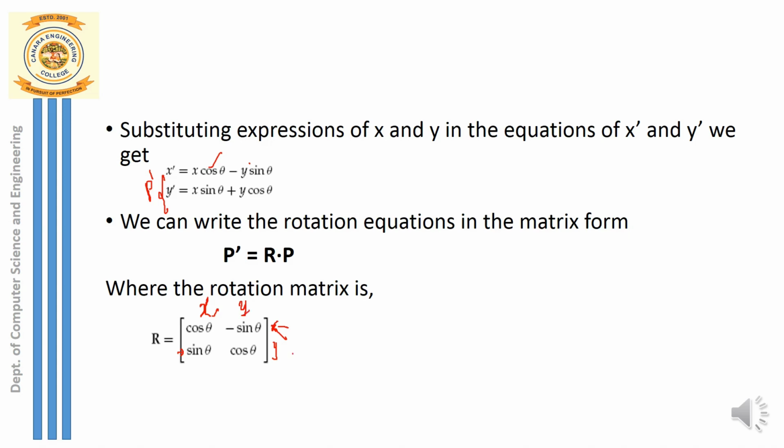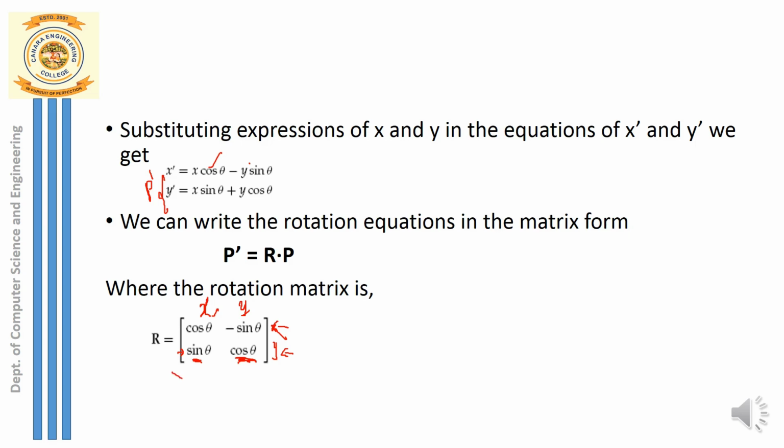Similarly, the second row indicates the first element as the x coordinate of the point, the second element as the y coordinate of the point. So this is how the coordinates are computed, and this is how you represent them in the form of a matrix. Now once I have my 2 cross 2 matrix, can I write a general equation? My left hand side here can be generally written as p dash, which is equal to a matrix R. So what is that matrix R?